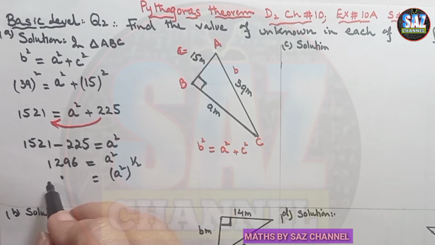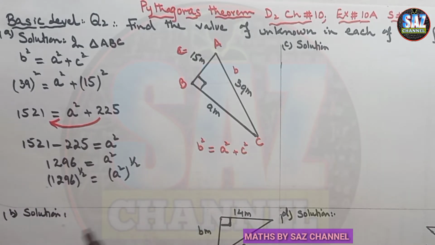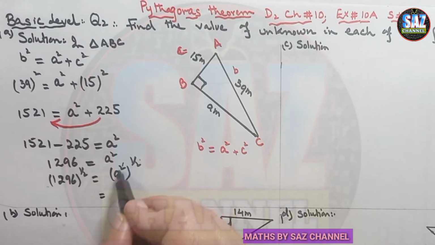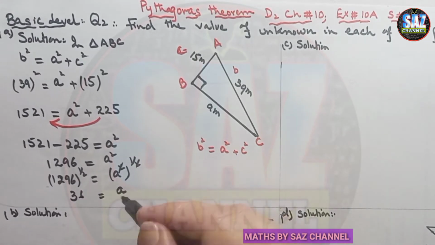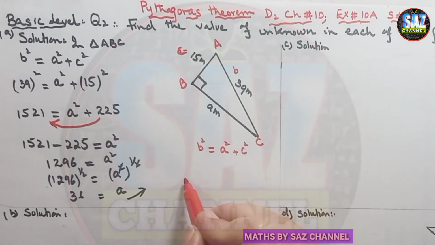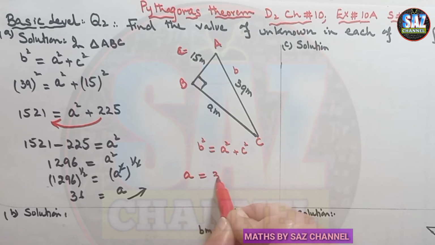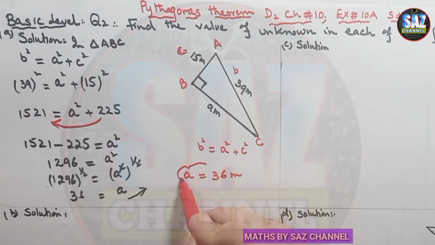We have to show the procedure as well, that I'm taking the square root, because it's the starting question. So I have to write 1296 to the power 1 by 2. Now you have to use the calculator and press the square root key, and 1296 gives 36. I can cancel this half with this half, and A equals 36. So let me mark the final answer, that A, which is the unknown of the question, equals 36 meters. I hope this lesson is easy and clear to you.